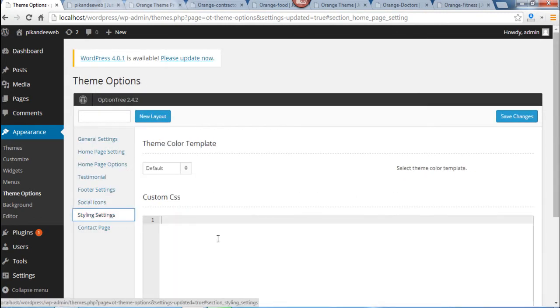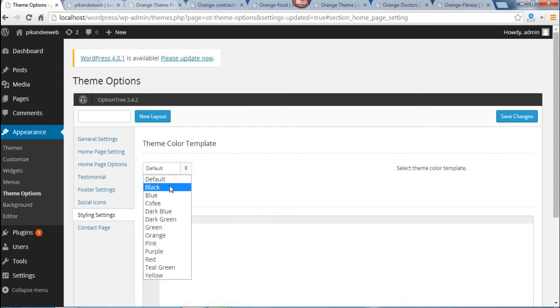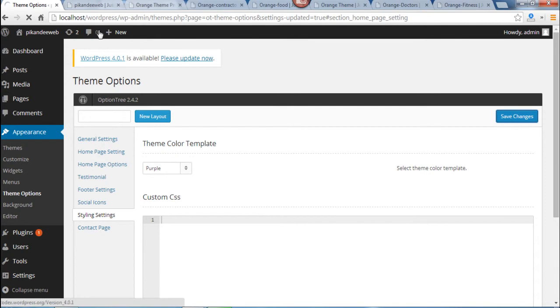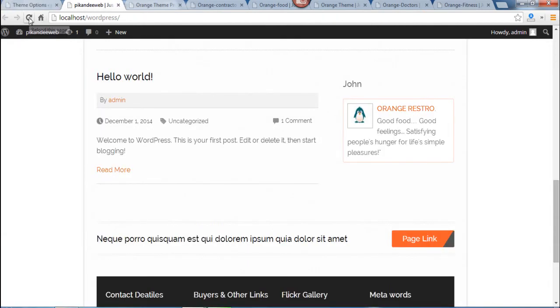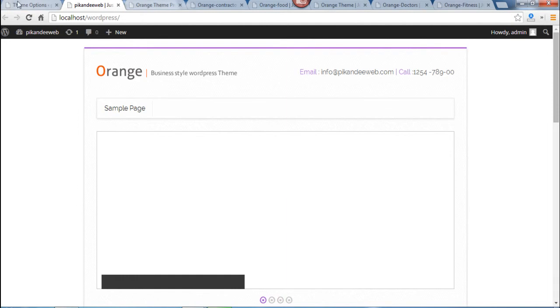Styling option, yes my dear friend, the Orange theme comes with 12 colors: black, blue, coffee black, dark blue, any color you want, purple. Just pick it and save changes. Now just reload it and the magic is there.